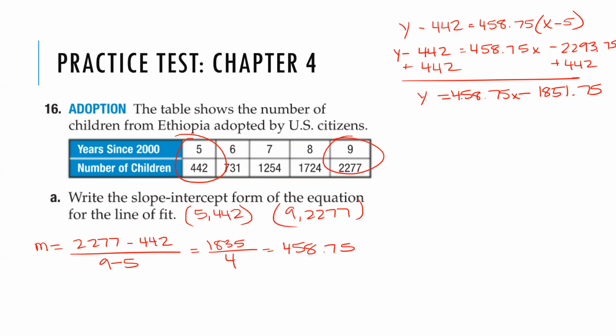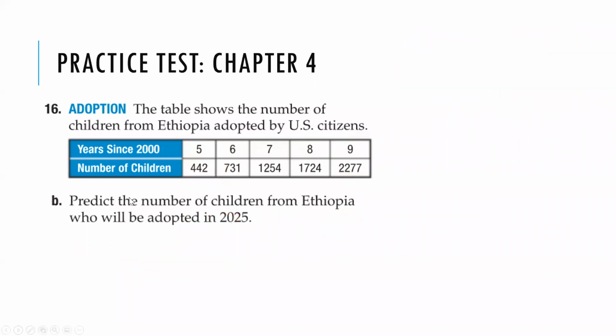Okay, and so I would look at this was multiple choice. I would look at my possible answers and see which equation has values closest to what I got here. Okay. All right, and then number 17, or 16 part B, is then going to ask you to predict the number of children from Ethiopia who will be adopted in 2025. Now this is the year since 2000, so if it's 2025, you're looking for 25,